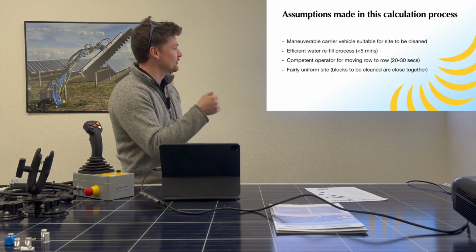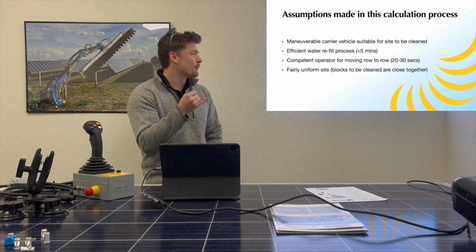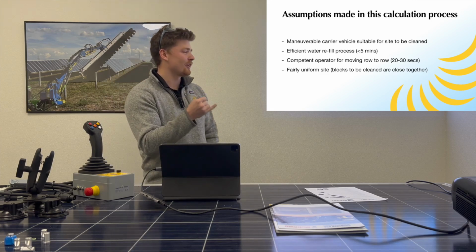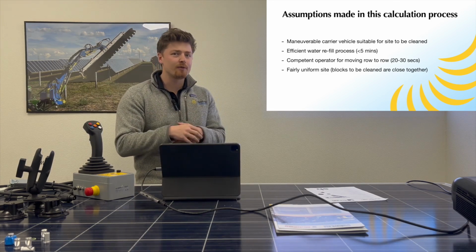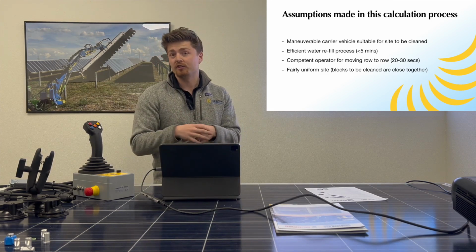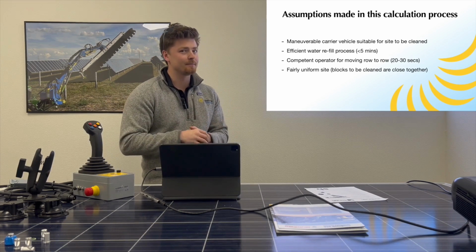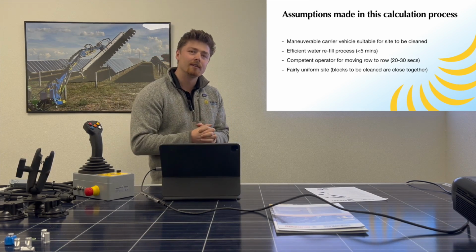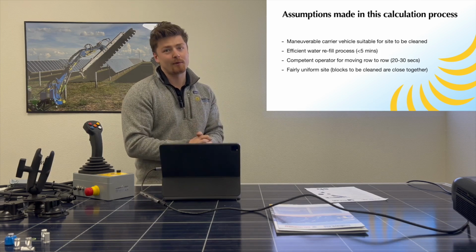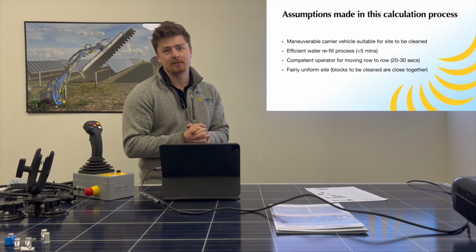of this video. Firstly, we've got a maneuverable carrier vehicle that is suitable for the site to be cleaned. Of course, if you arrive with a whopping great big tractor on a site with narrow row spacings, it'll make your job a lot slower, or maybe even make it not possible. So we're making the assumption that the machine you're taking can actually get around the site pretty easily